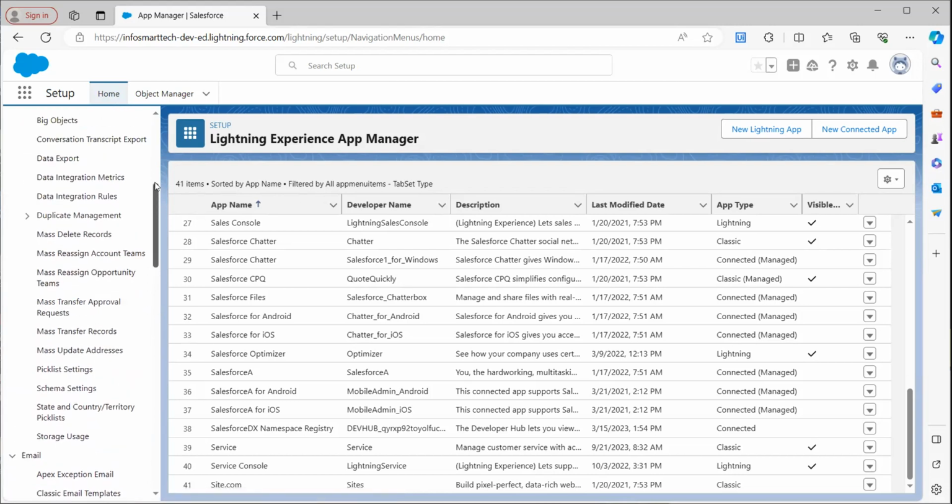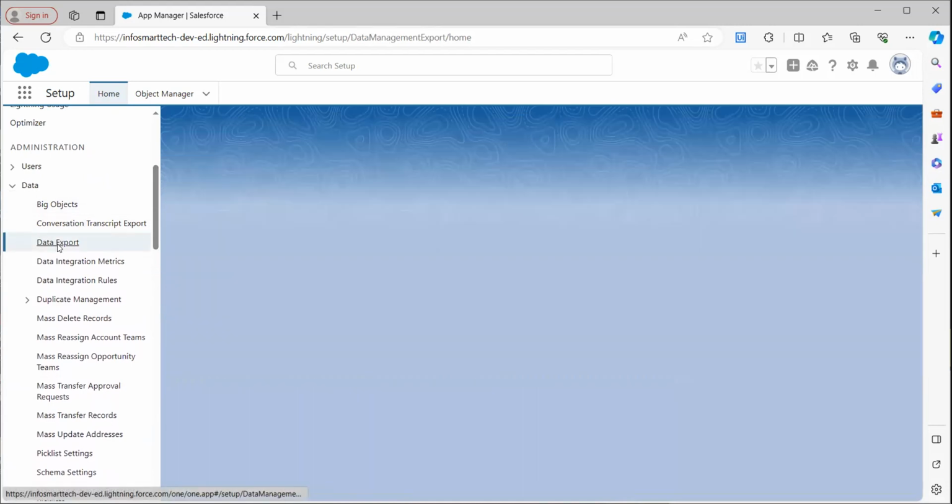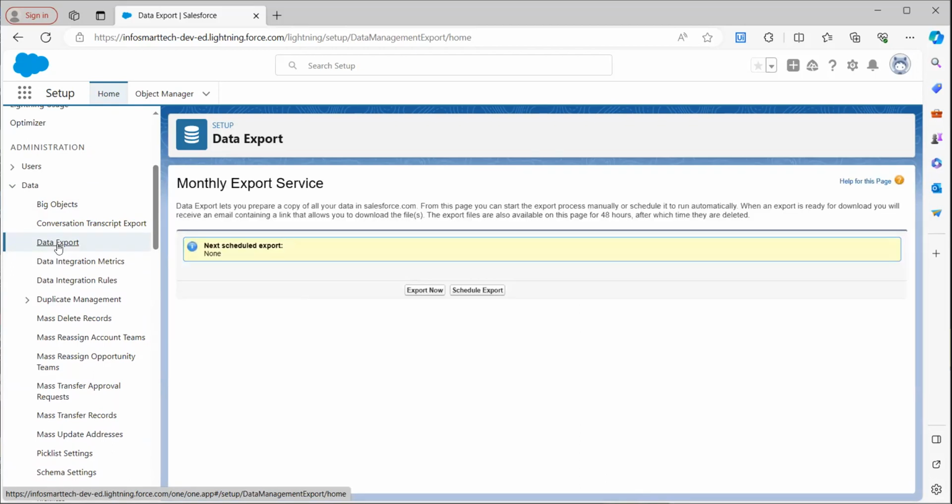So once I click on data export, I can see the data export option, exporting the data, like you can schedule the data export. See, I have two options here. It has monthly export service. I have export now, schedule export. So if I click on export now,